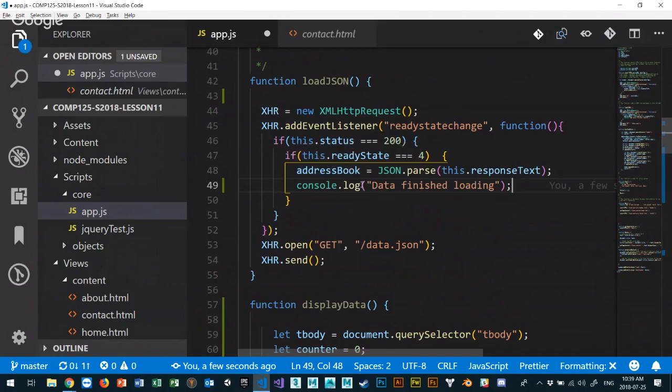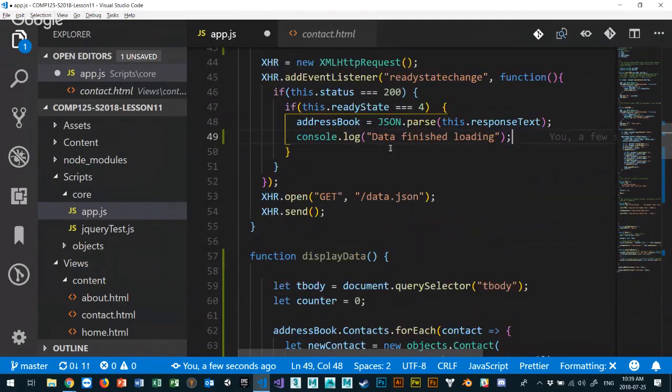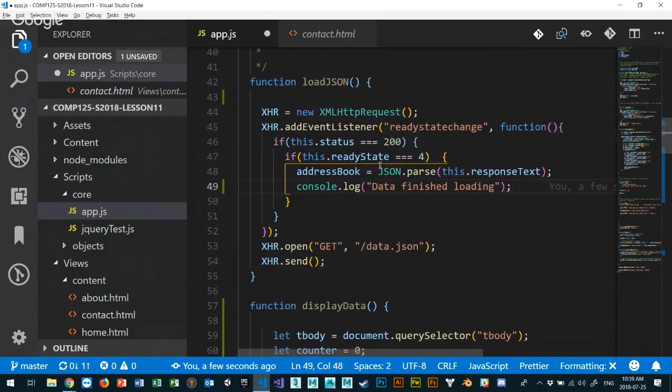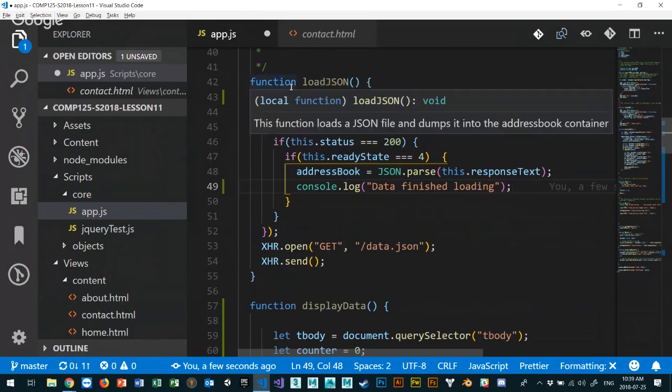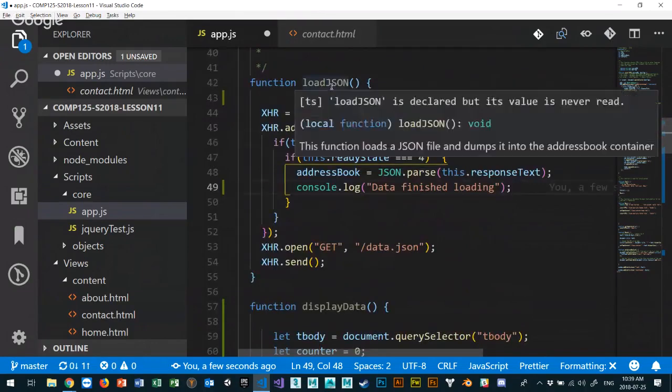Okay, this is a great place to call display data, because my data is finished loading. I can display the data from there. Now, first of all, I'm only going to load JSON as an example if my document.title is contact. So first of all, what I want to do, just to modify the load JSON data, remember,